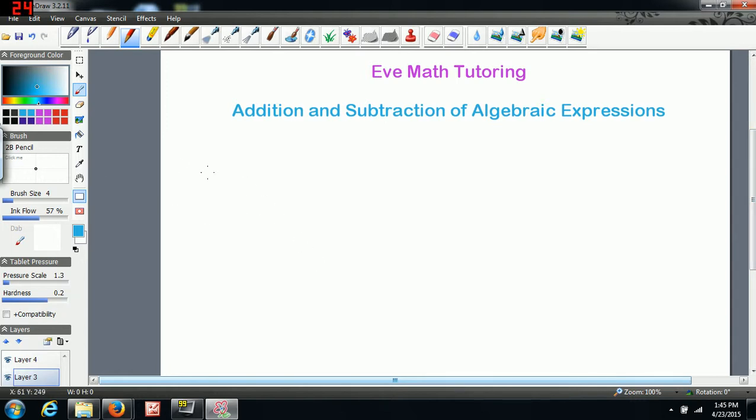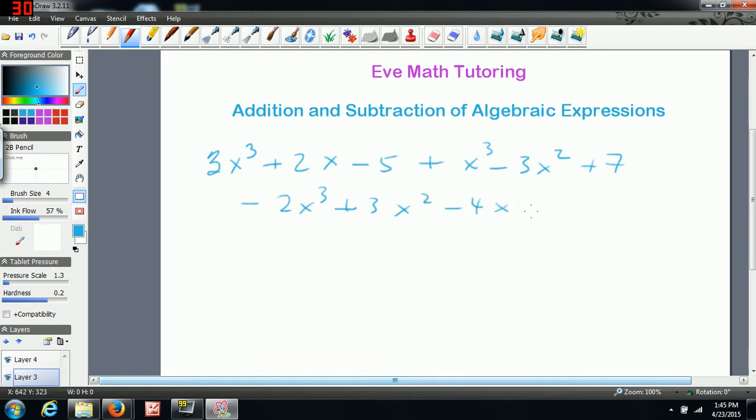What if we were given something with a little bit more different terms? So say we had 3x cubed plus 2x minus 5, and we were adding x cubed minus 3x squared plus 7, and then we were subtracting 2x cubed plus 3x squared minus 4x minus 7. So this is all one thing, so assuming this is one line, okay? In this case, if I want to simplify something like that,